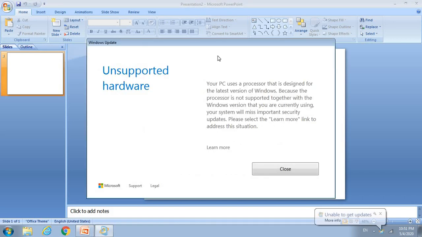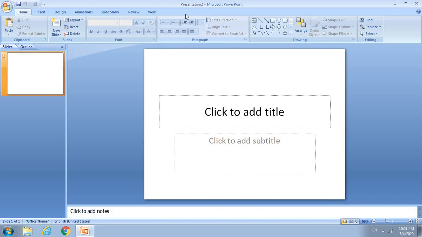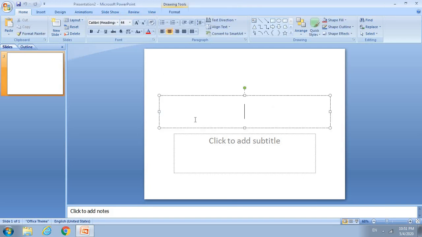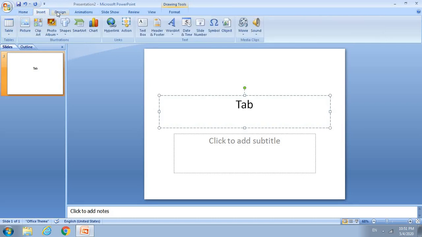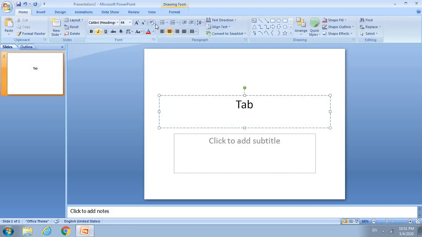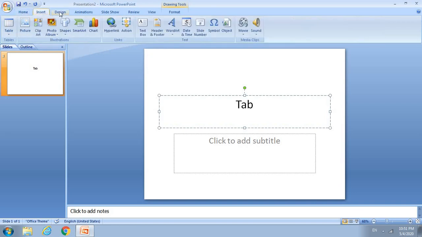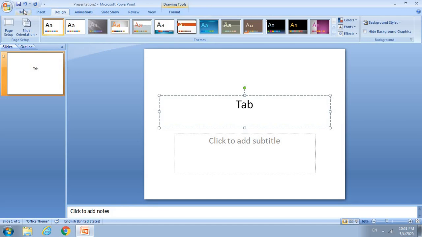After that, here you can see on this next line, a few more options which are home, insert, design, animation, slideshow, review, view. What are those? They are all called tabs. Once you select a particular tab or click on it, it opens a bunch of options for you to choose and use in your presentation. Like you have plenty of options here in home, then in insert, design. So these are tabs that you can use.